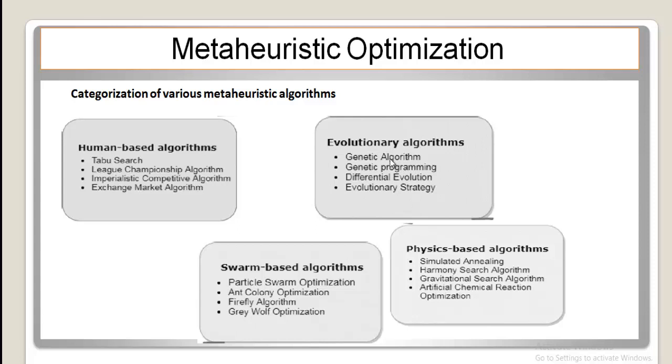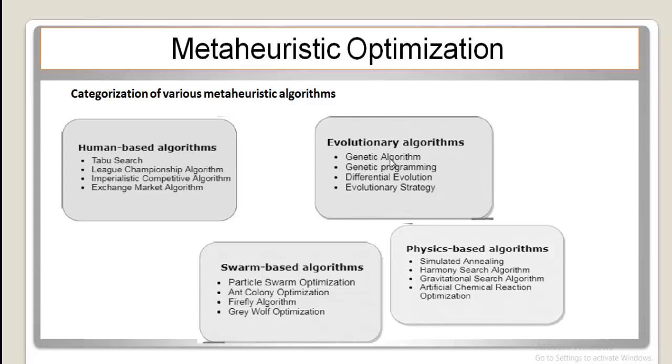evolutionary strategy. The third one is the swarm-based algorithm, which is modeled after the collective behavior of decentralized, self-organized systems, especially seen in animal and insect societies. This category includes, for example, the PSO, particle swarm optimization, the ant colony, the gray wolf optimization, and many other